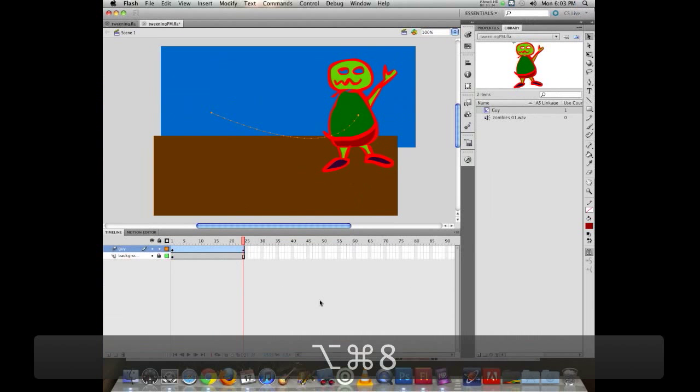The cursor changes and it gets a small line next to it. And that line indicates that it's going to modify this path the same as if it were a path or straight line that I had drawn myself. So if I click, I can pull and we can see that it's changing the shape of that path. And now my character is going to follow